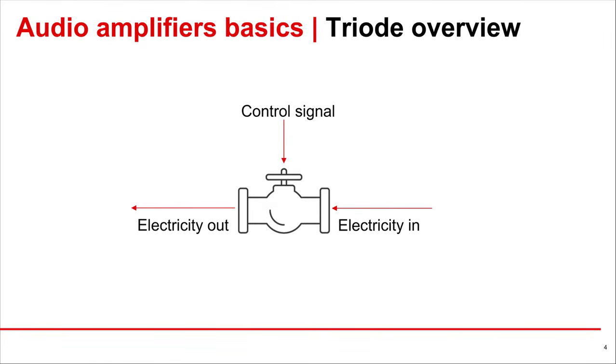As we discussed, all triodes can be thought of as electricity valves. In much the same way that a physical valve can control the flow of tens or hundreds of psi of water with a small control signal, a vacuum tube, BJT, or MOSFET can control the flow of tens or even hundreds of volts of electricity with a small control signal.